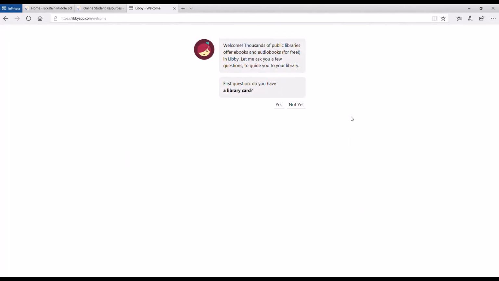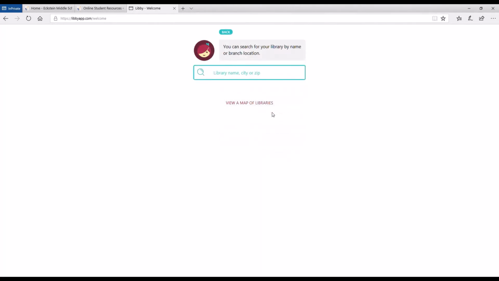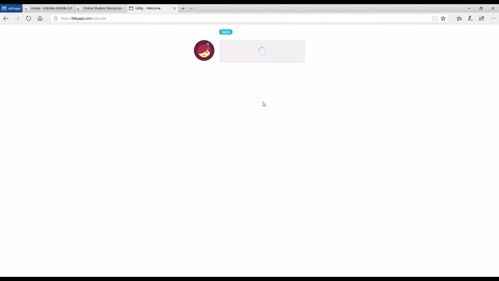And it'll take you to this welcome screen. And you're going to say, yes, you do have a library card, because every student automatically has a library card. If you already have one, it's just like having a second, like I mentioned before. So you click yes. I'm going to search for the library, and I'm going to search for Seattle and hit enter. And then there are 2, you want Seattle Public Library. And then you're going to say, enter library account details, because you have library account details. So you enter it and you put